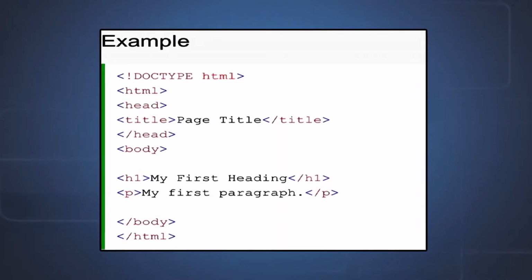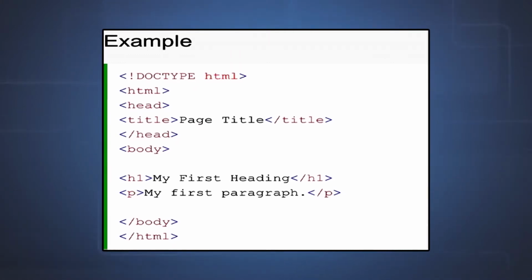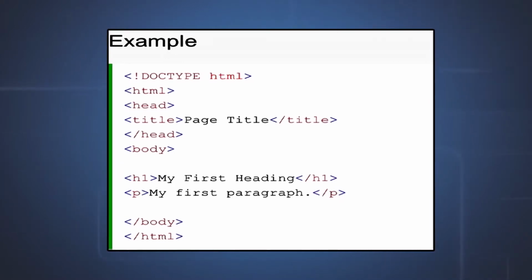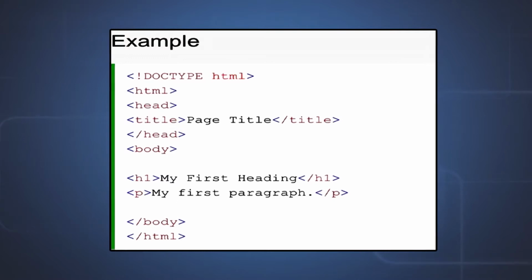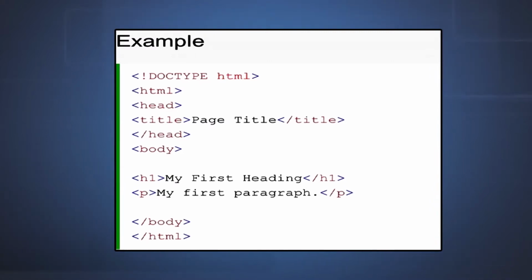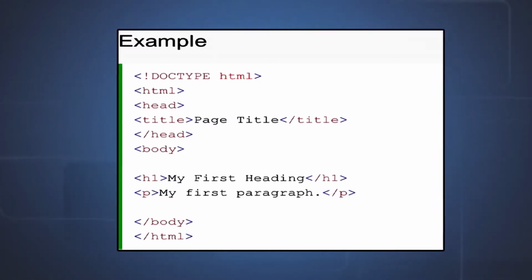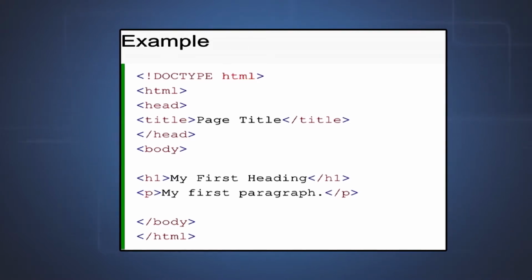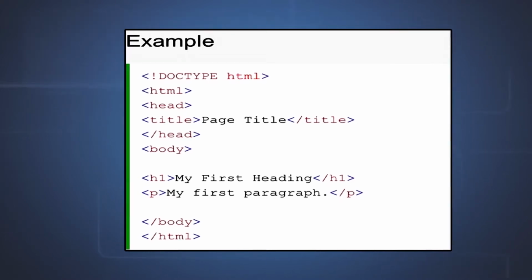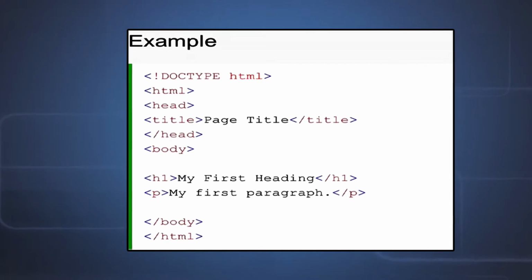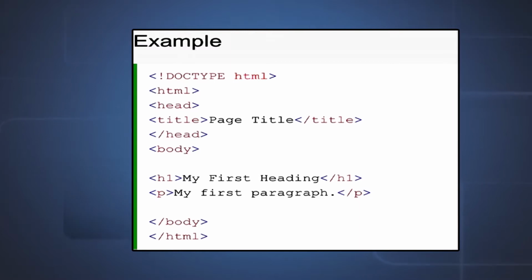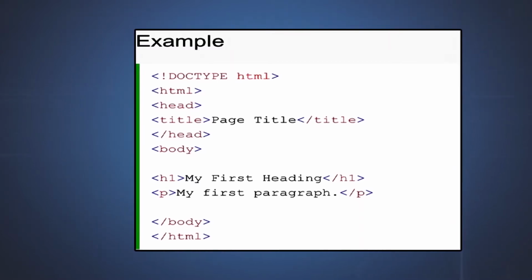Most of the tags in HTML have both a starting tag and an ending tag. Then there are also tags which only start but don't end, because that type of tag doesn't need to be told where to end. So you have two types. Now the basic structure will include both starting and ending tags. As you move on, you can include other tags in between the starting HTML tag and the ending HTML tag, and these tags are also used to show the browser how to render them on the web page.